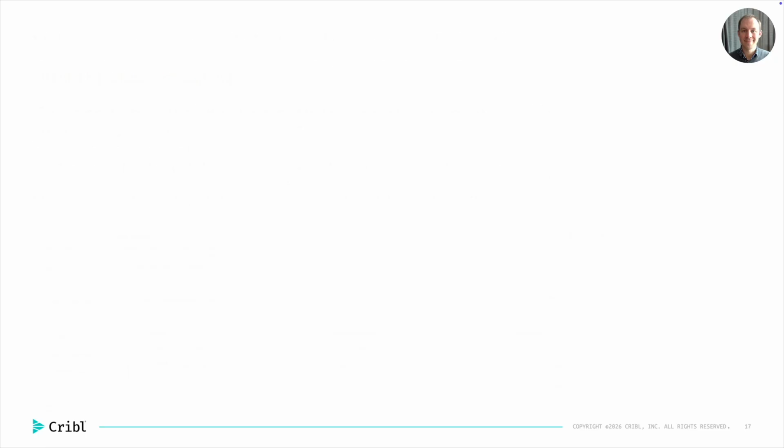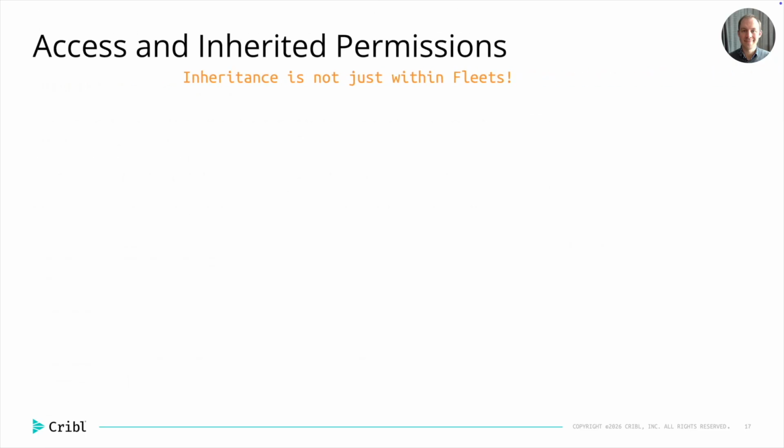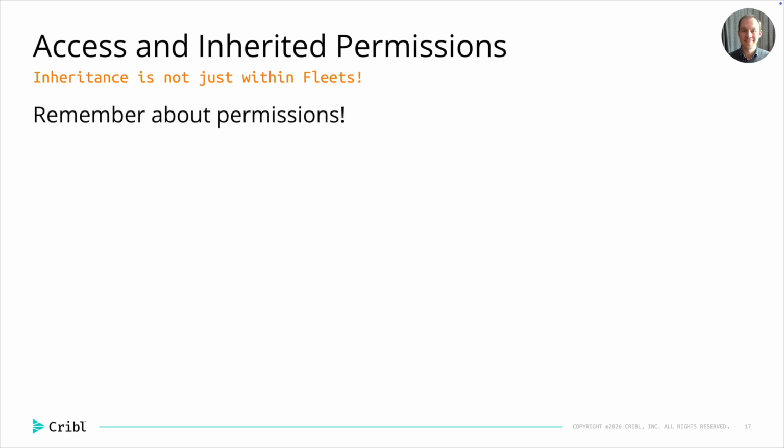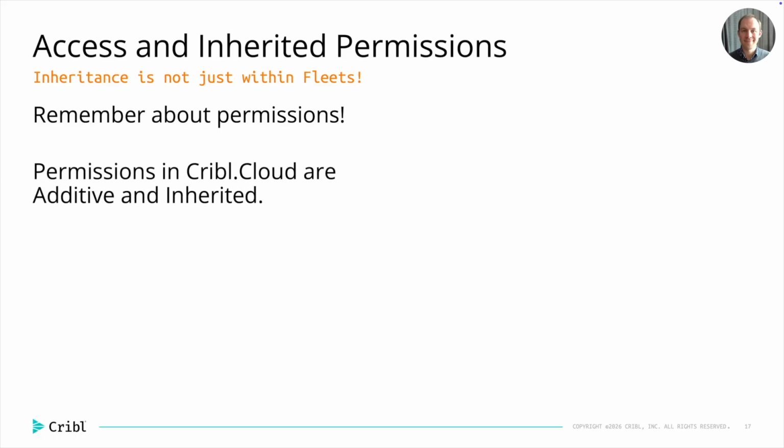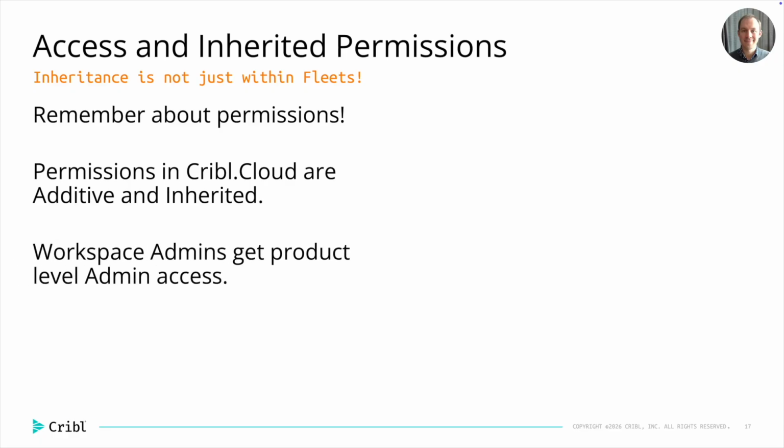When we're thinking about access and inherited permissions, inheritance isn't just within fleets for configuration. It's also important to think about for permissions as well. Permissions in Cribl Cloud are additive and inherited. For additive permissions, if there are two reasons that a user or team should have a level of permissions, the most permissive is considered. For inheritance, if permissions are set up at the organization or workspace or product layer, they're inherited downwards towards individual worker groups or fleets as well. What this means is if you've given someone a workspace administrator role, they will in turn get product level administrator